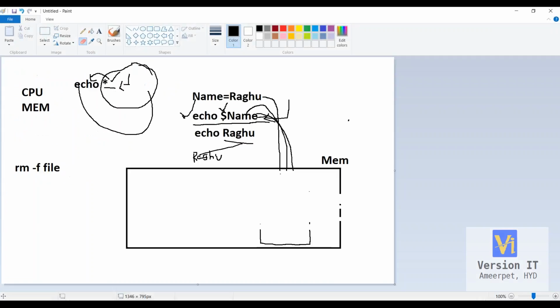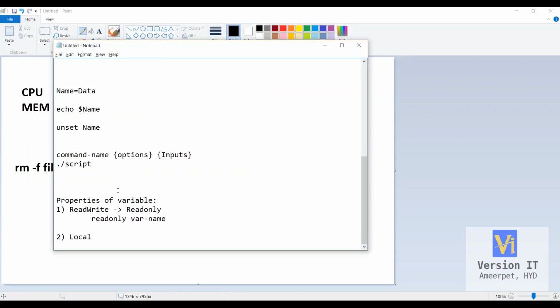So here, where am I? So in this particular diagram, what I have shown is that whenever you define a variable, it goes to this particular process ID. Now, I just told you the syntax here, right? So where is the syntax? Yeah, here itself. So whenever you define a command,